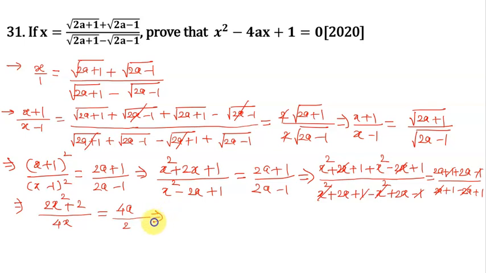Again this implies if we take 2 as common, then in bracket you will have 2 as common, x² plus 1, and to the denominator 4x, and that is equal to 4a upon 2, means what, you will have 2a upon 1,